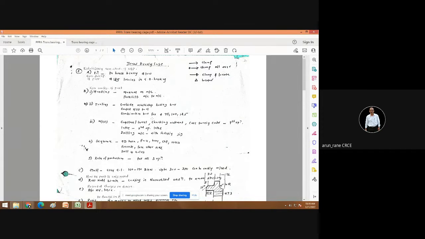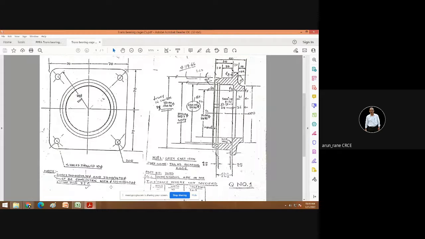Then combination bar for diameter 75, 100 and 125. So for diameter 75, 100 is this, and 125. Now you are developing or designing a tool which will have these 3 tools, 75, 100 and 125.